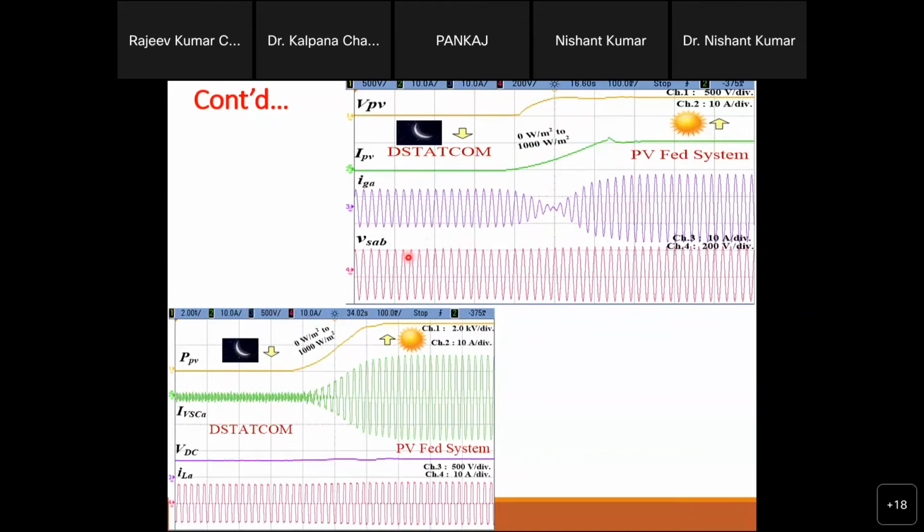Again, here you can see both are out of phase, meaning power is coming from the grid. Here both are in phase, and in phase behavior means power is going into the grid. You will see this type of behavior. And this is totally seamless control, with nothing manual. Once the power is not sufficient for active power generation, the system automatically switches its behavior from the PV plant to the DSTATCOM.